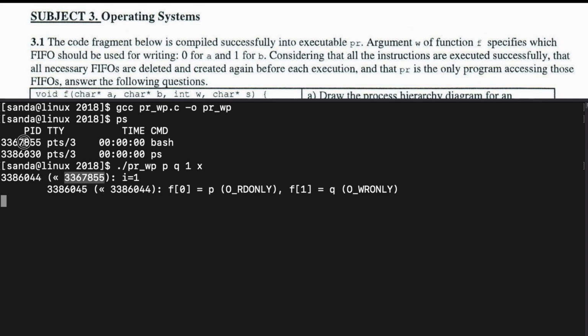And within the first iteration we have a child which attempts to open the P FIFO in read only and Q FIFO in write only, but it actually blocks while opening the P FIFO in read only because it waits for another process to open the same FIFO in write only, and only then it can go on to the next operation. Next, we are running the same program with the arguments as specified in the requirement C,